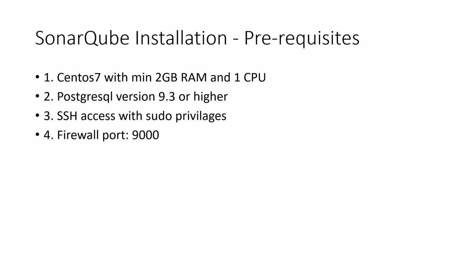It requires a minimum of 2 GB of RAM and one CPU. Postgres version 9.3 or higher should be installed on that Linux server, and SSH access with sudo privilege should be there. And the firewall port 9000 should be